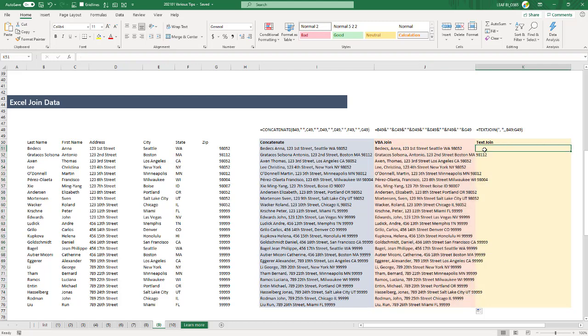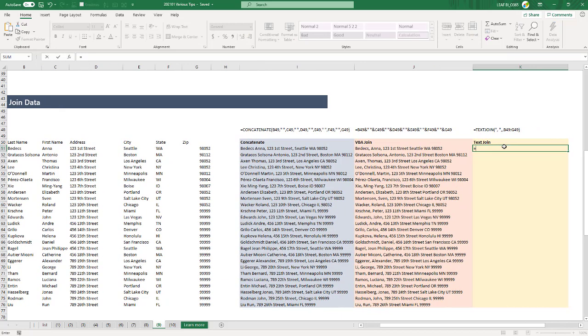Now the last piece of methodology here is the TEXTJOIN function. TEXTJOIN is a new formula that's in Office 365. It's not available in all versions, but it is going to be deployed across all versions eventually. So with this formula, you provide it with your delimiter, then it gives you the option to choose whether or not you're going to ignore or include empty cells,